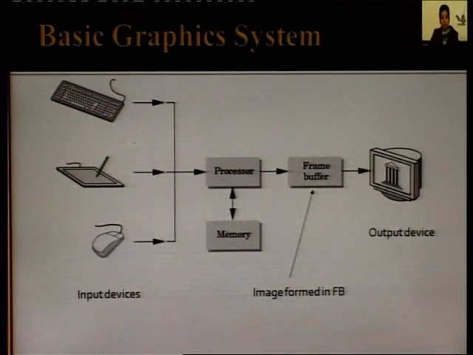So, what is a computer graphics system, and how does it function? There is an input system, processors, memory, frame buffer and output devices. That means we use input devices to feed information to the processor, and the processor performs its function and stores the information in the memory. That stored information, after processing, comes into the frame buffer. The image is formed in the frame buffer, and then the appropriate pixels glow and the output devices show the